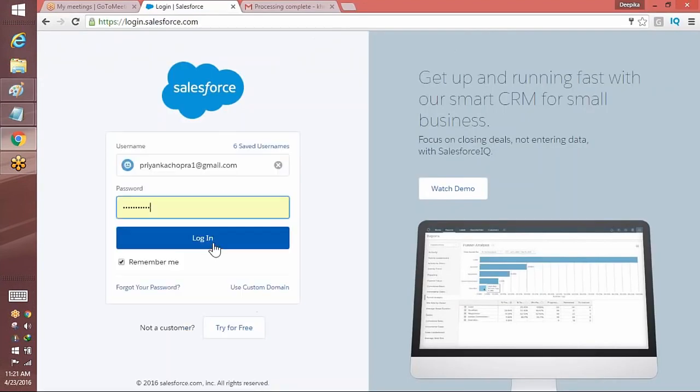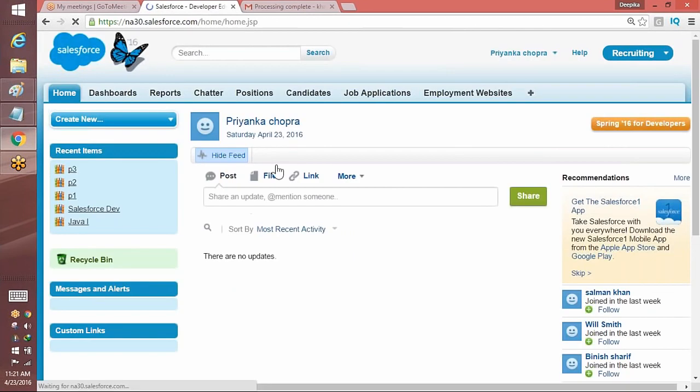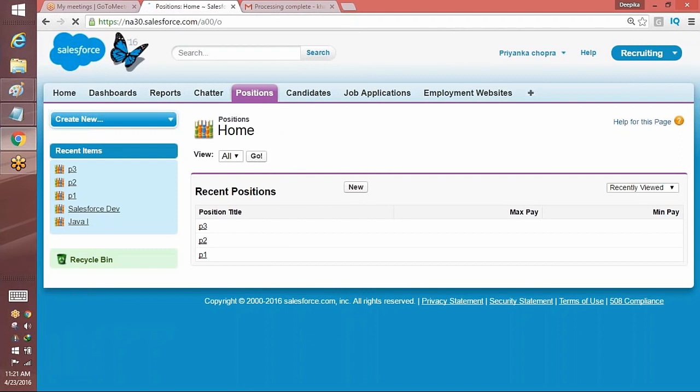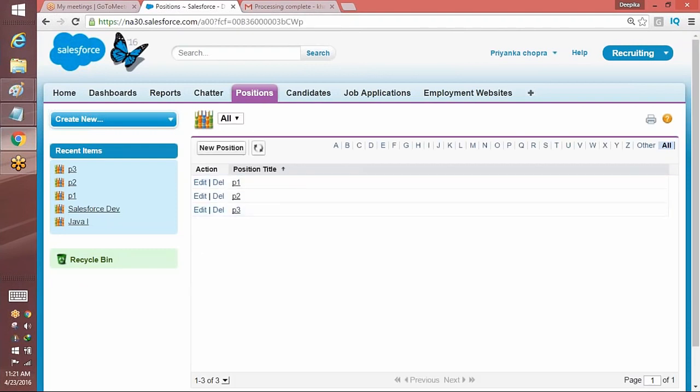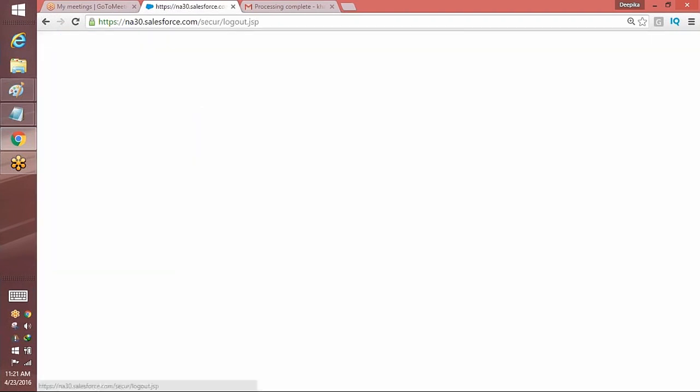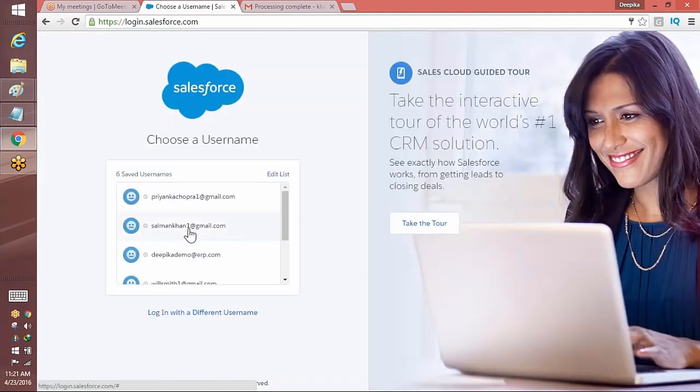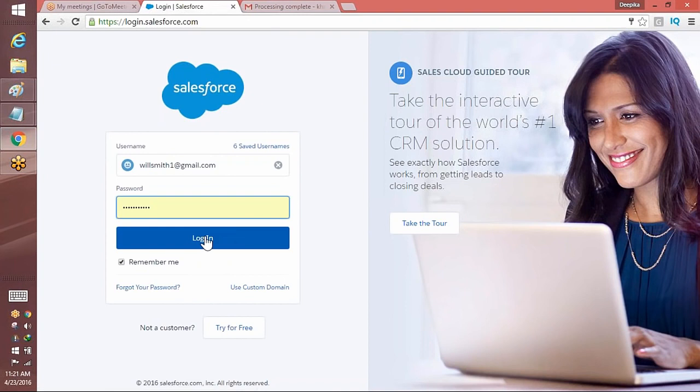So now if I log in as Priyanka Chopra and go to positions, she can only see the records that she has created, not the records that Will Smith has created. Will Smith will be able to see the records that Will Smith has created, not anyone else. So if I log in